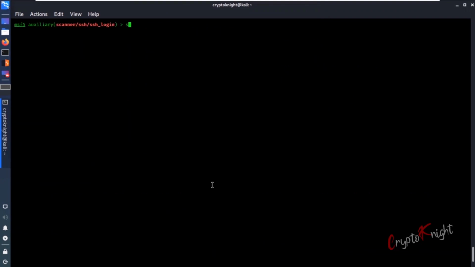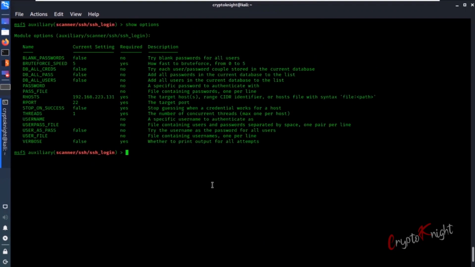Okay, now we'll do show options again, and we will set pass_file and give password.txt. Now we have to set user_file as well. So we will give users.txt and hit enter.